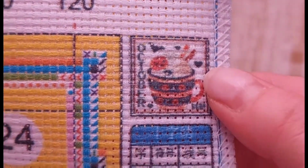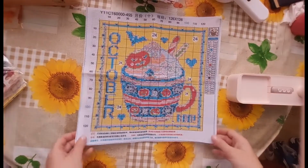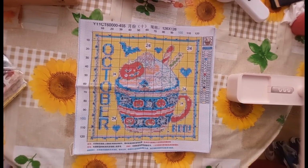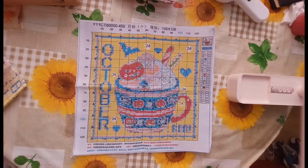It's not the greatest print there, but anyway, that's our first one, and as I said, it's an 11 count Aida, 126 stitches by 126 stitches, and it is obviously Halloween themed. So let me have a look at the kit,